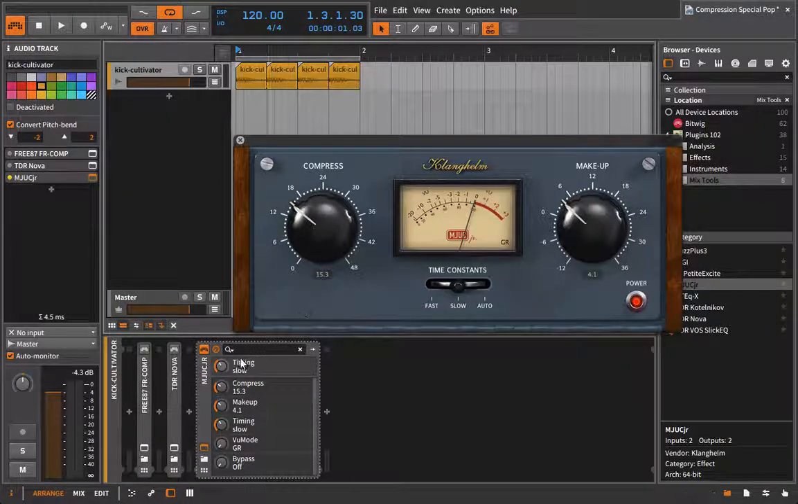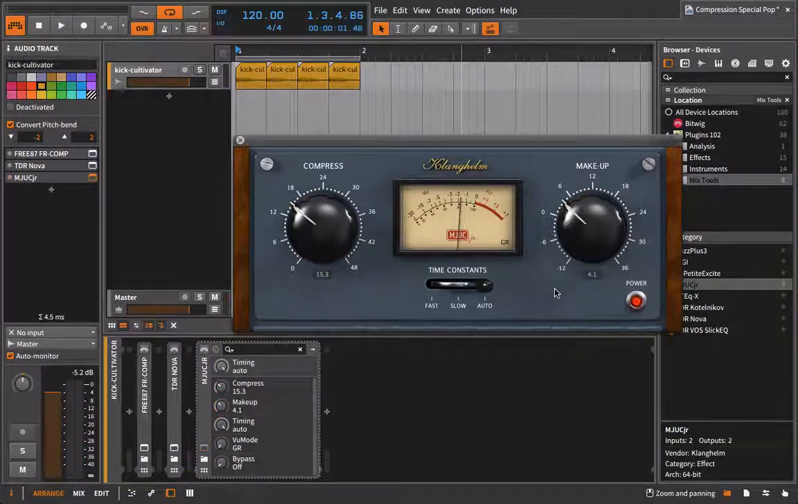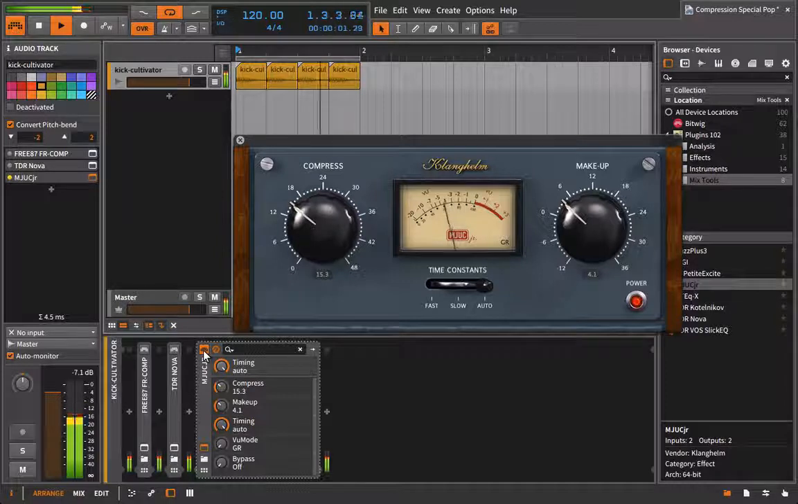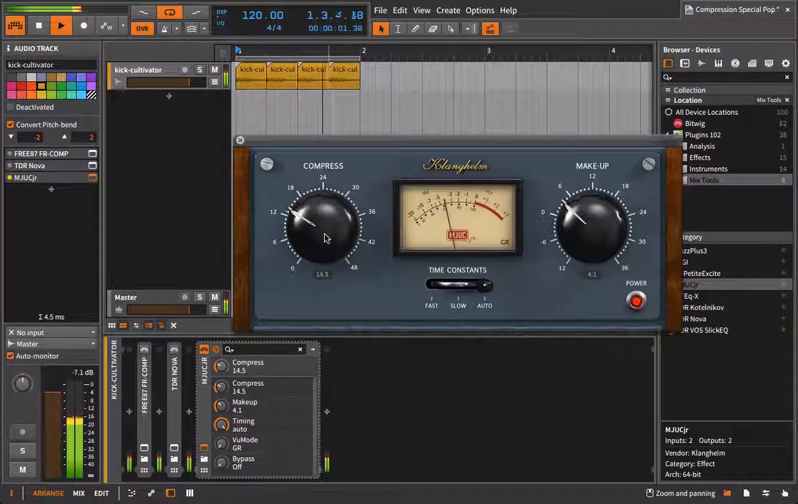But let's see if it sounds better with or without the compressor on. So we're at minus 5.2 here. Yeah, we're adding 2 dB of gain, and it doesn't sound that much better to me. And then let's try auto. Yeah, again,